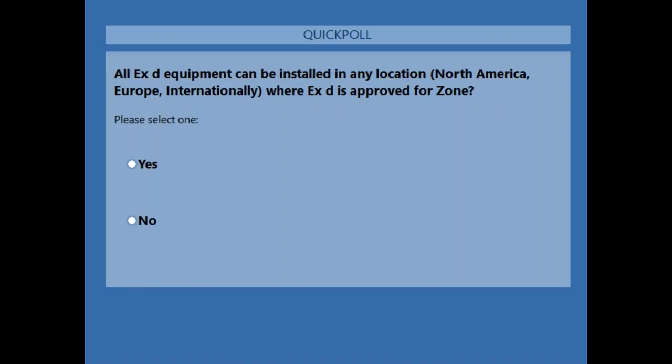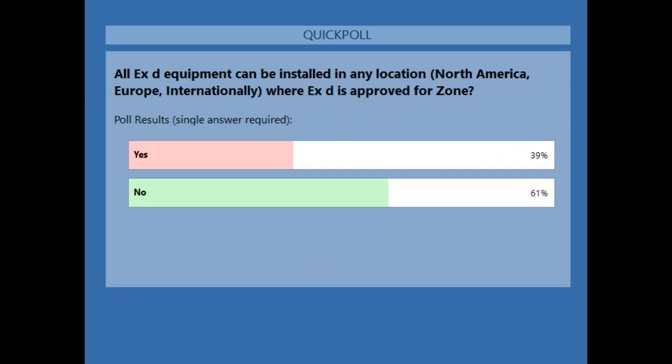60% voted. I would love to get up to 90% voting on this one. 70%. We're just going to let this one go a little bit longer because this one really needs to be answered for people. 80%. Okay, gentlemen,